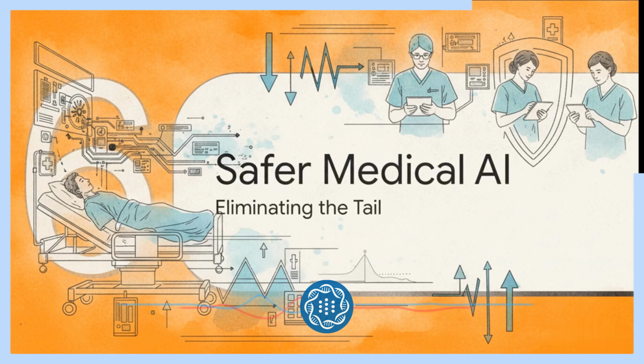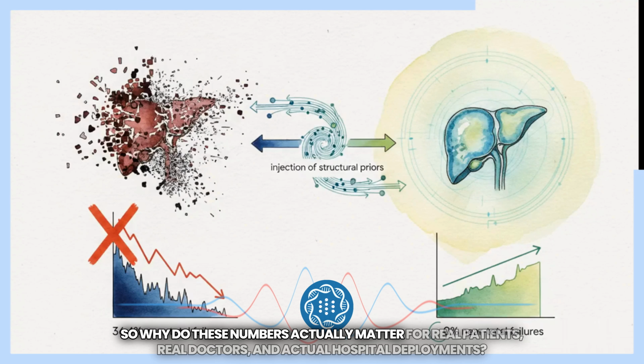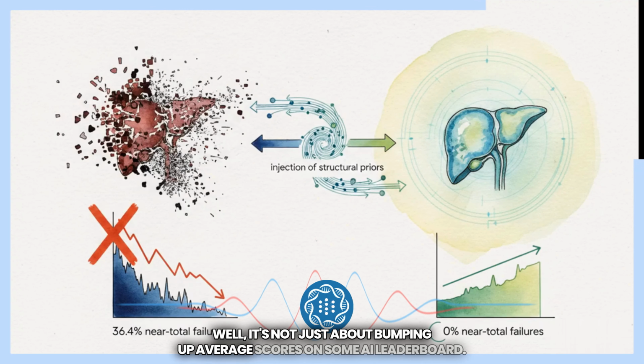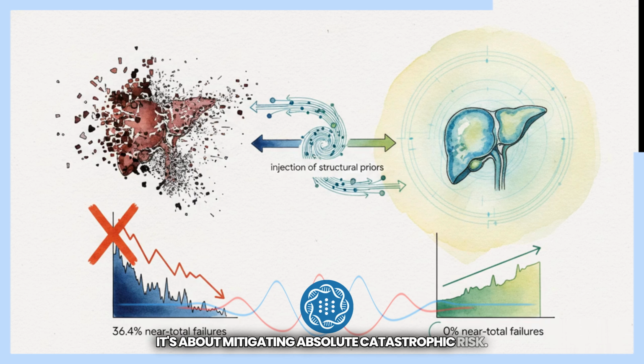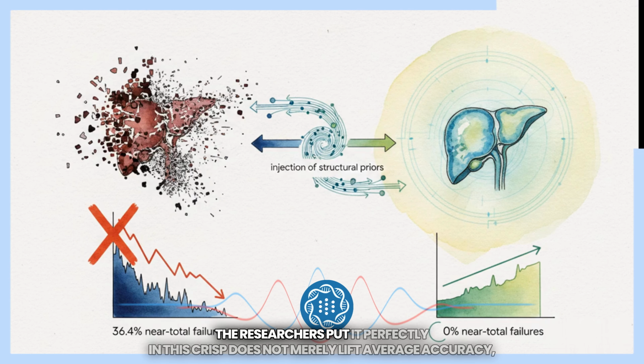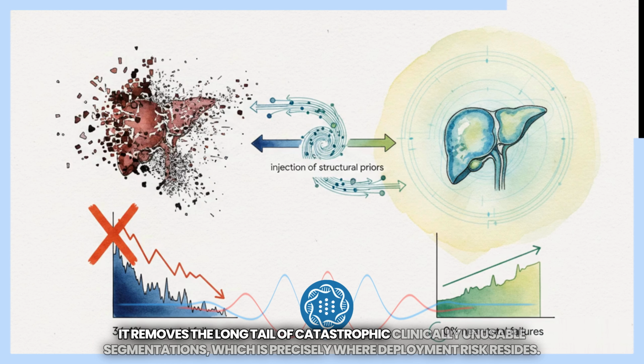Which brings us to our final section, Section 6, a safer medical AI future, eliminating the catastrophic tail. So why do these numbers actually matter for real patients, real doctors, and actual hospital deployments? Well, it's not just about bumping up average scores on some AI leaderboard, it's about mitigating absolute catastrophic risk. The researchers put it perfectly in this quote. CRISP does not merely lift average accuracy, it removes the long tail of catastrophic, clinically unusable segmentations, which is precisely